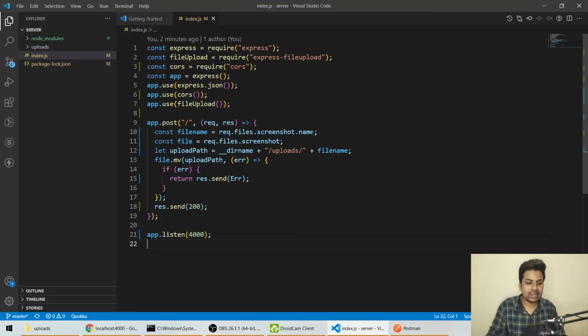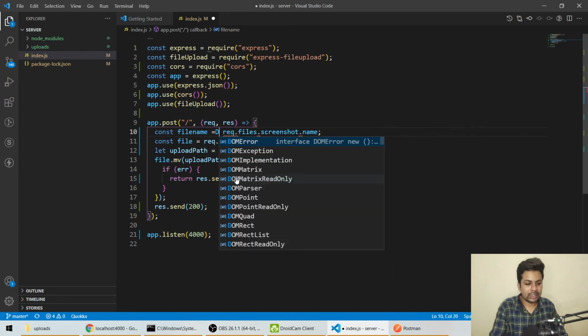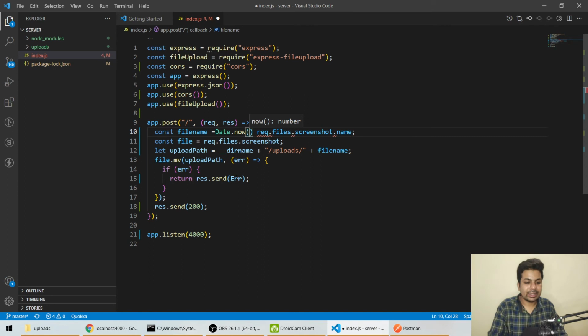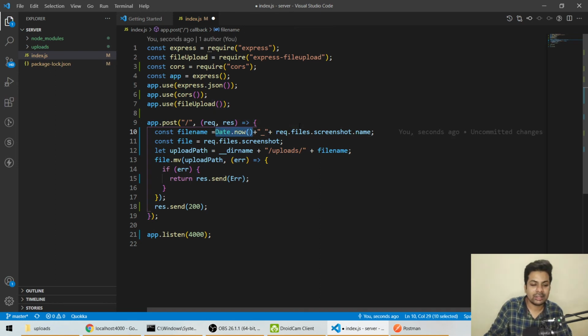To overcome that, in the file, when we take the file name, before that we'll do date dot now. What it does is take the current timestamp, the current time and date, and add it to the file name.